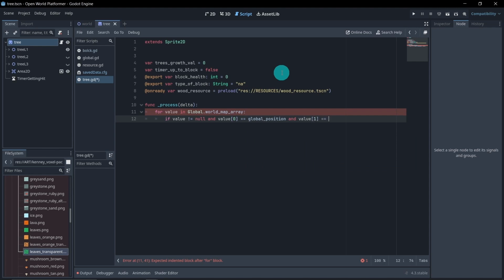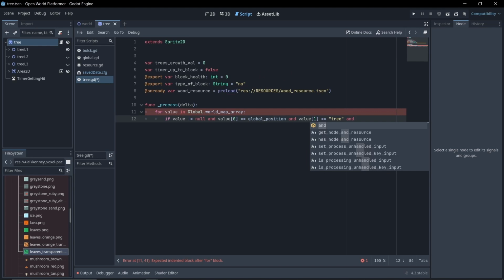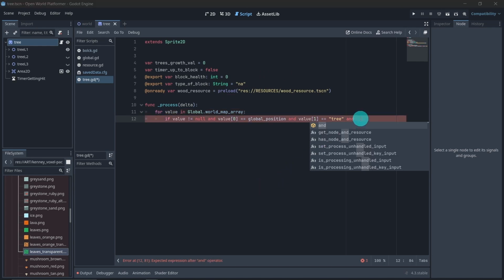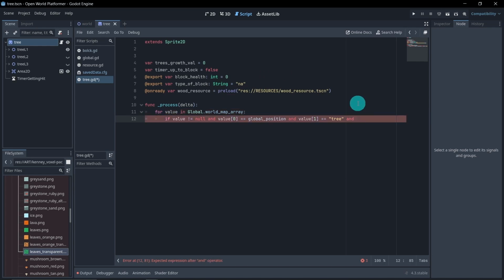We need to make sure it's actually a tree, so we're going to do tree. And then we're also going to be checking if the value[2], which is the growth value that we will set, make sure it's 2, is less than